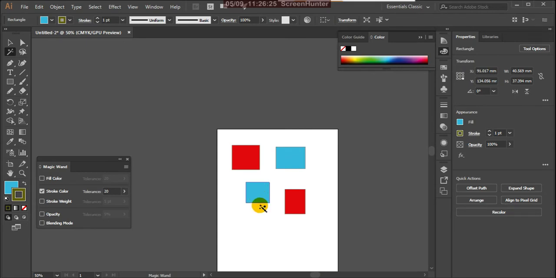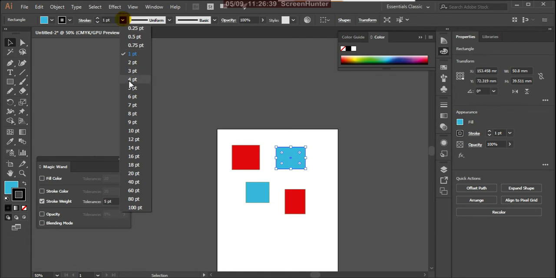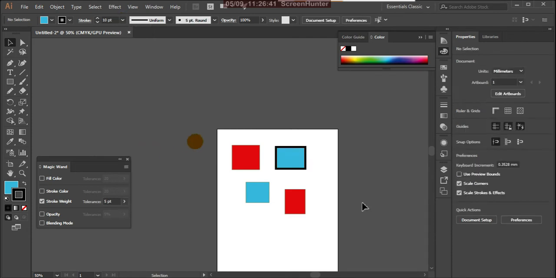Okay, so I select that, and now I can remove this. And for the stroke weight, I'm giving the stroke weight for this something like 10. This is my stroke weight. For the other one, suppose I give more stroke weight, just 15.